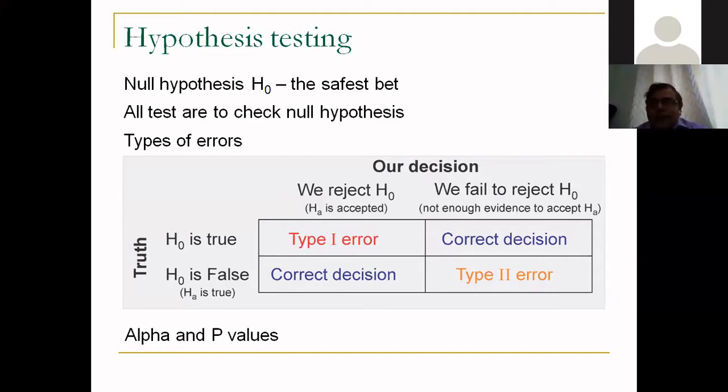What is the type 1 error in that? The person is not guilty, but you make a decision that he is guilty. So you reject the null hypothesis that he is not guilty, you say that he is guilty, and you hang him to death. Or the person has actually done the crime, so he is guilty, but because you do not have enough evidence, you say that he is not guilty. In that case, you do a type 2 error.